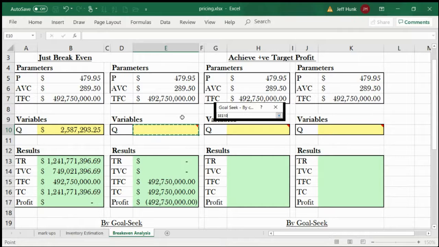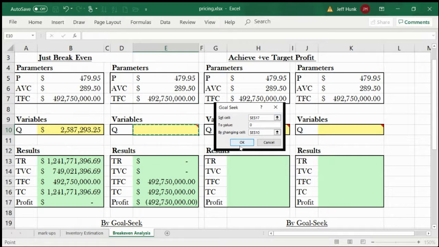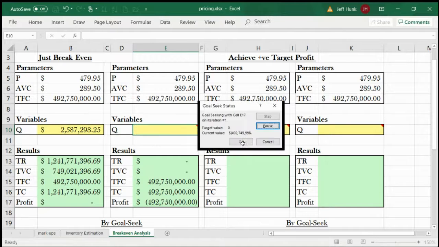Changing means whatever changes is the variable, right? By changing this cell, that means this cell is the variable. Then you hit OK, and what it is going to do is find what value here will satisfy this condition. Of course, to make this 0, the computer will find what this should be. You hit OK,